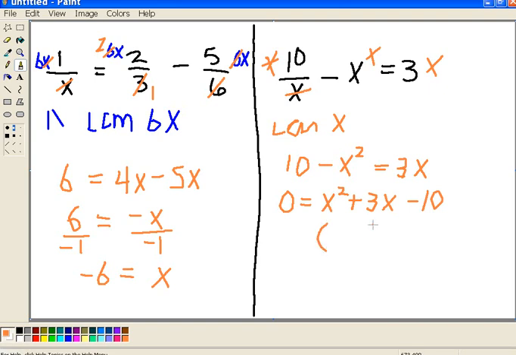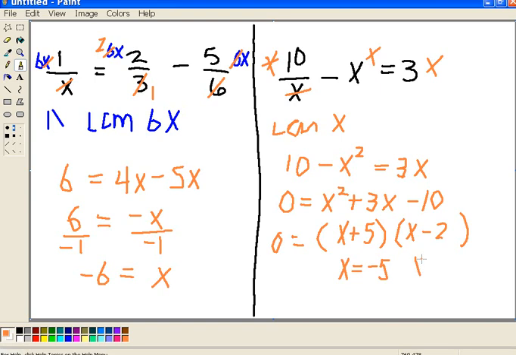And now the way I solve quadratics, first get them equal to 0, and then next I factor. So I'm going to factor this right here. I'm looking for two numbers when multiplied together give me negative 10, added together give me a positive 3. So x plus 5, x minus 2. Again, 5 times negative 2 yields negative 10. 5x minus 2x would yield a positive 3x. So in this case, I'm going to have two solutions, x equals negative 5